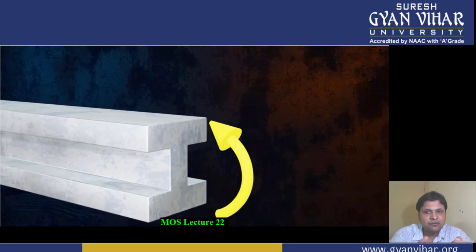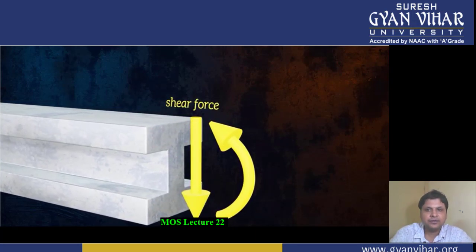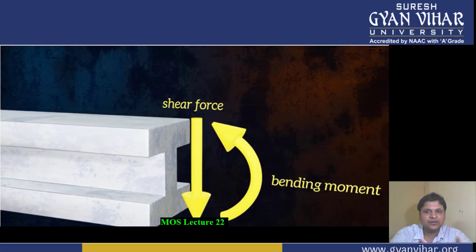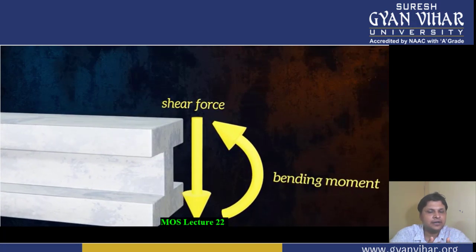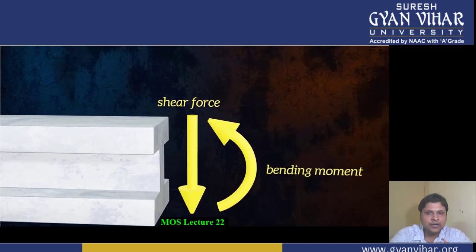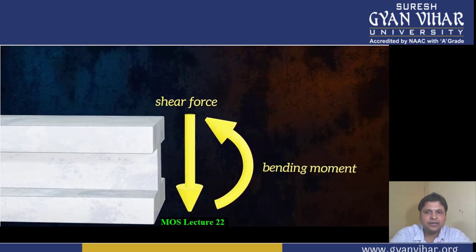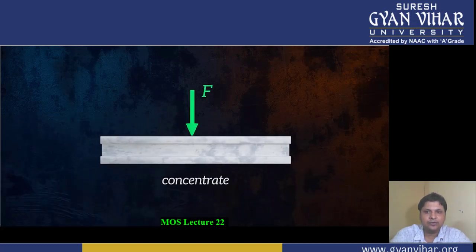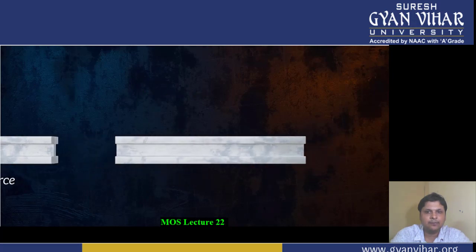This means that we can conveniently represent the internal forces acting on the beam cross section using just two resultants: one shear force, which is a resultant of vertical internal forces, and one bending moment, which is a resultant of normal internal forces. This is a very common way of representing the internal forces within a beam. Drawing the shear force and bending moment diagram is just figuring out what these internal forces are at each location along the beam. These resultant shear forces and bending moment will depend on the load acting on the beam and the way in which the beam is supported.